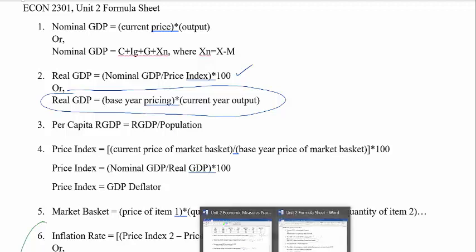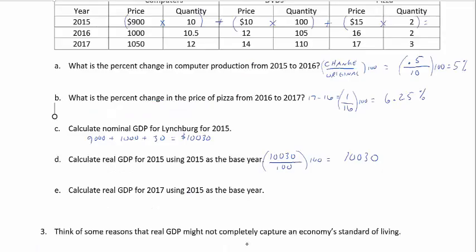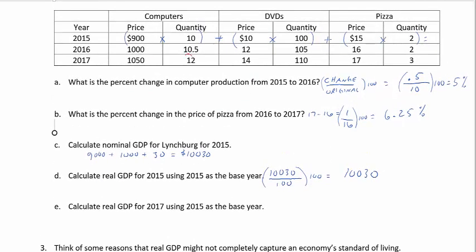So if we go back to our problem, the current year output for computers is 12, and we multiply that by the base year price. So let me see, what is 900 times 12? It is 10,800, so we're going to add that